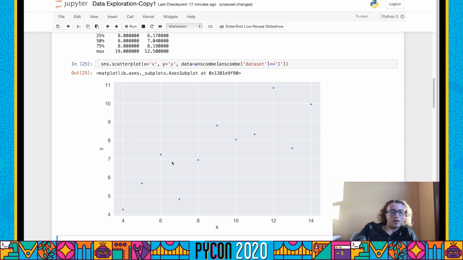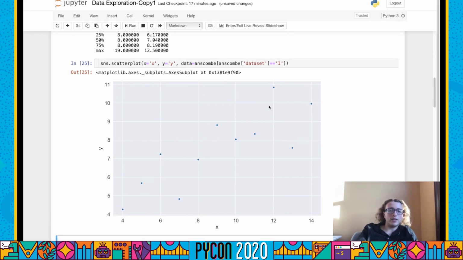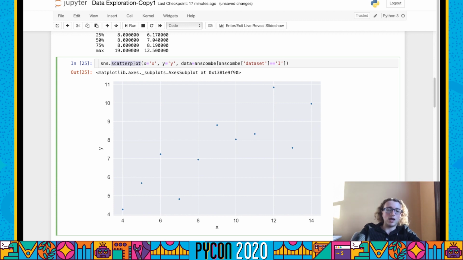All right, so 11 data points, kind of increasing in x and y. Looking at this, it looks like it correlates positively between x and y. So one of the first things we might try to do is fit it to a linear regression model. And we can simply do that using a linear regression model plot,